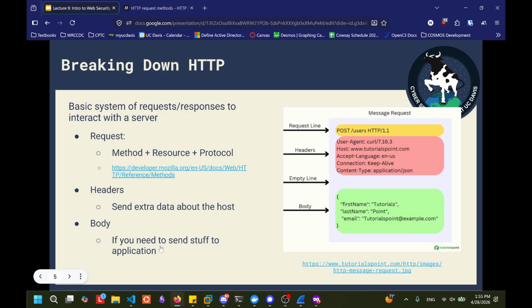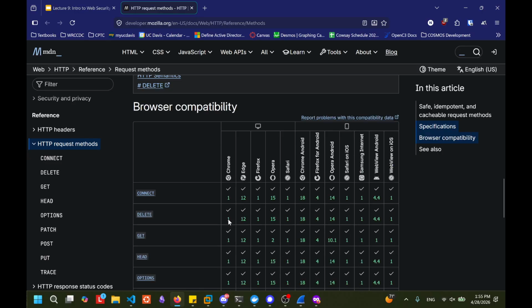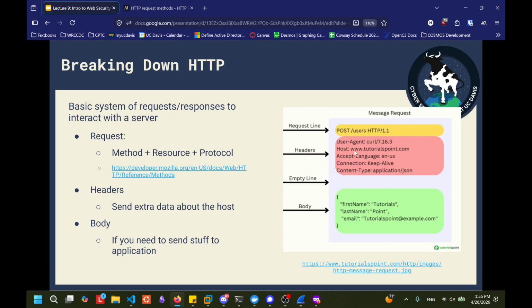So say I want to register for an account on a web server. How do you send that data from the website to the server? You put it in something like a POST request. There's a whole bunch of other related request types, and I'll talk about APIs in a bit, but 99% of the time, and all you need for the assignments, is just to know that you can retrieve things with GET, and if you want to send data, you use POST. And then you include headers and some body.